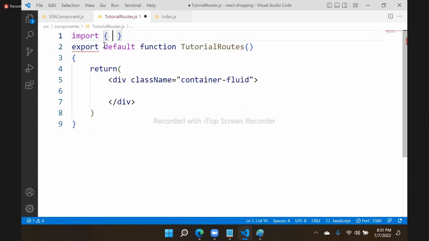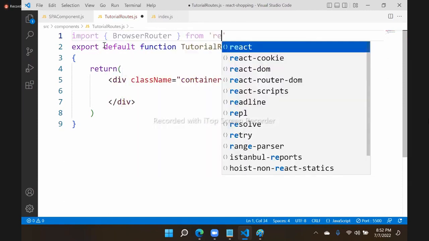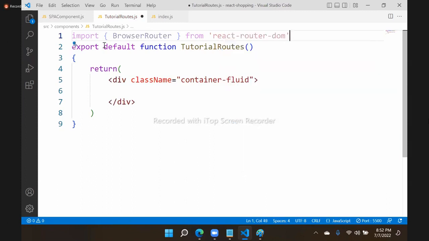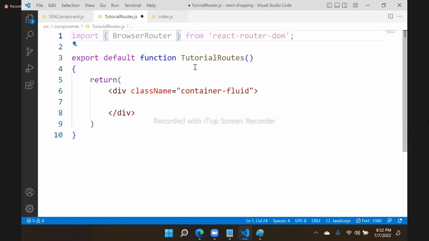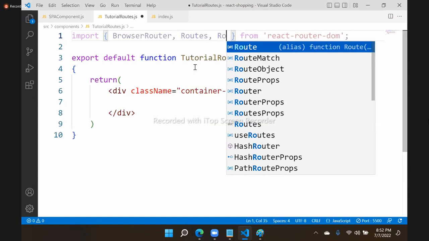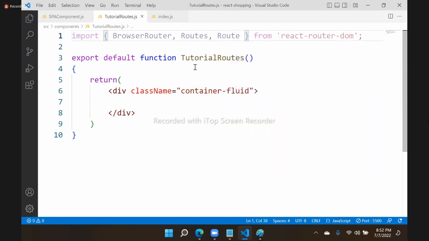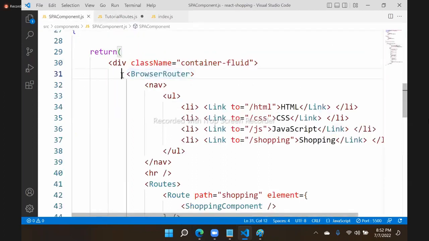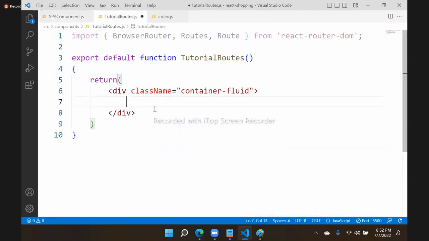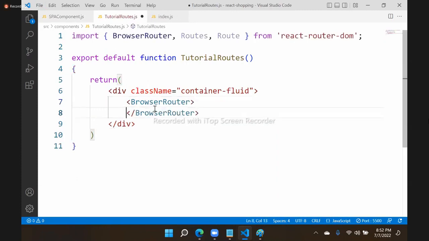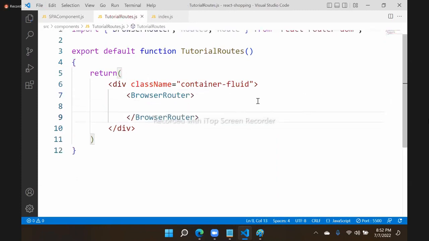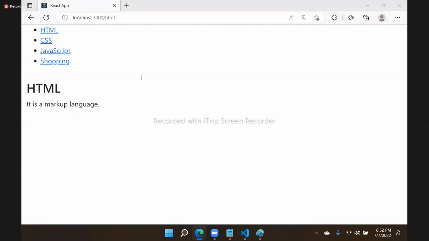Yeah, so I have to import the browser router from React Router. Okay, and I need to import one more, what is it, routes, and another one is route. We are configuring it. Now what we are doing here is we are configuring. Let's go here, remove this part. That means let's write here, I'll write directly browser router. Okay, in this browser router I will go and